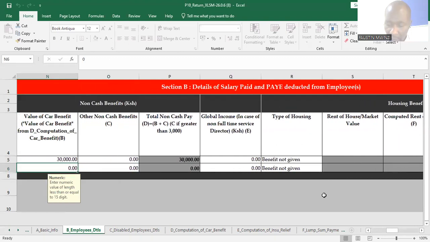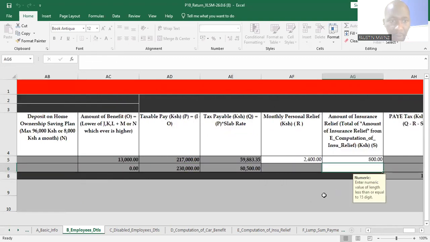I want to see where we compute pension. This one was not given that option of pension. And then NHF, because it's compulsory for all, we have it here. We can assume the same amount, 800. But I want you to take note of the significant difference between